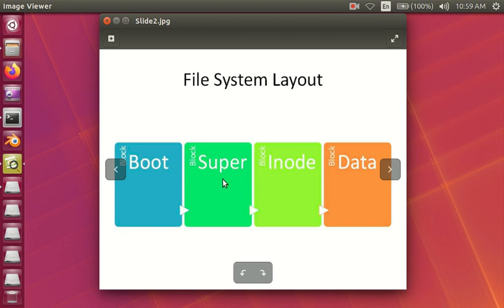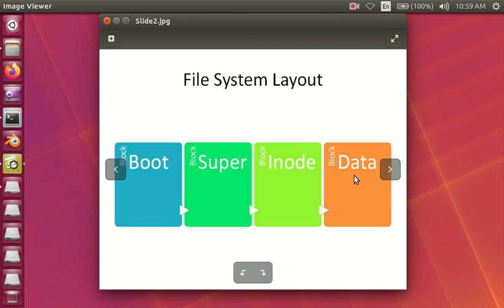The super block maintains the information of the file system: the size of the file system, how many free blocks there are, how many inodes and free inodes there are, and the lists of free blocks and free inodes, everything associated with the file system. Next we have the inode block, which contains inodes, and lastly the actual data of the file is in the data blocks.